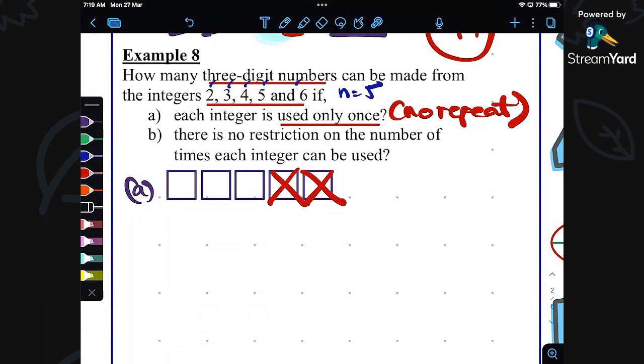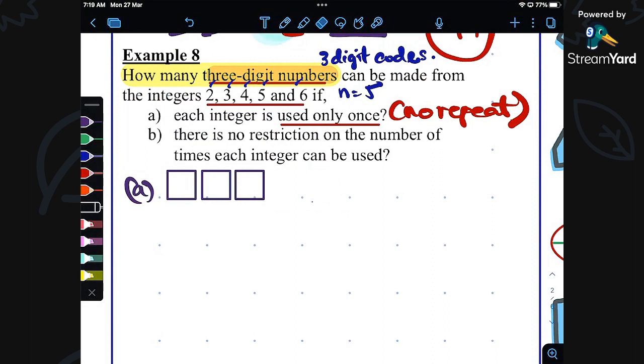Tetapi dia kata how many 3-digit numbers. How many 3-digit numbers can be made? Bermaksud dia nak 3-digit code. Dia nak 3-digit passcode sahaja. Okay, they only want us to find the 3-digit codes, and so we eliminate the 2 boxes at the back